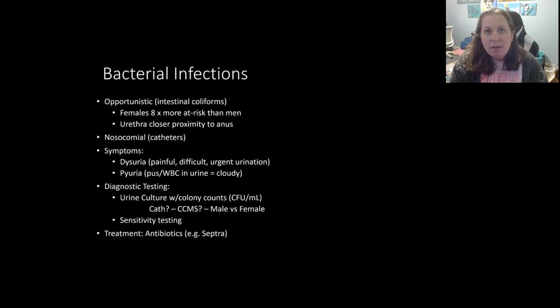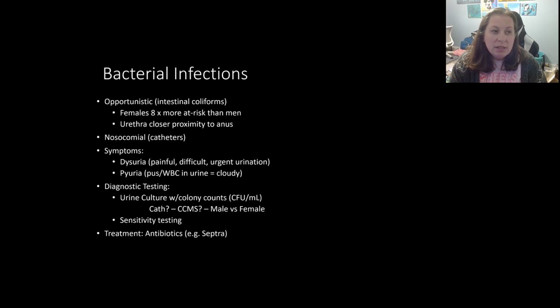So let's talk first about the bacterial infections that play a role here in the urinary system. A lot of these guys are opportunistic in the sense that they come from your intestines. There is a coliform area in your intestines that has normal flora present. As long as they stay in your intestines, then they're fine. The problem is when those bacteria end up somewhere else in your body, they do make